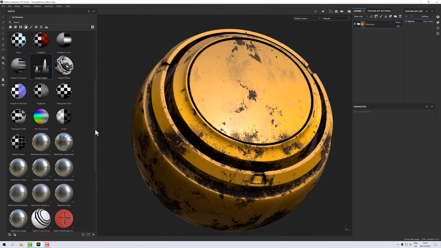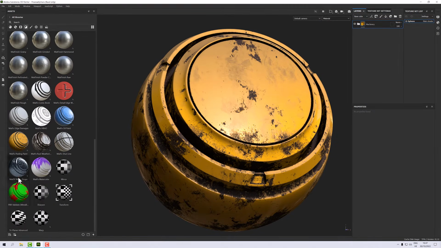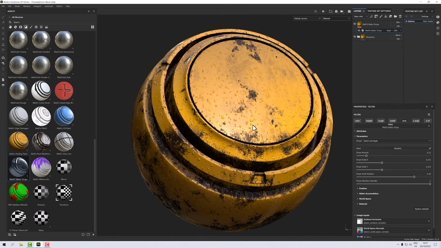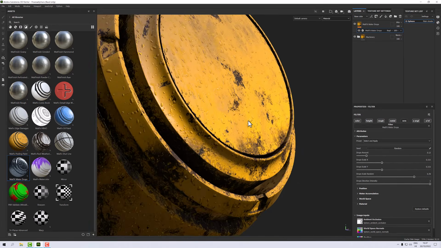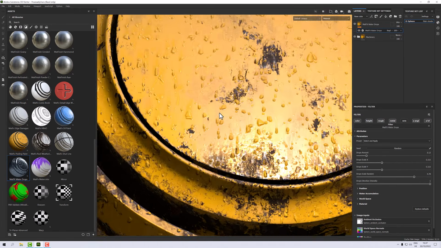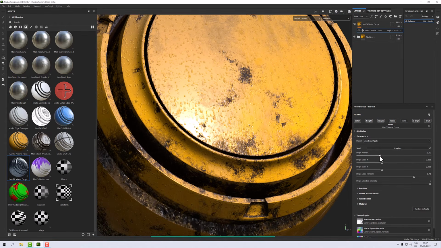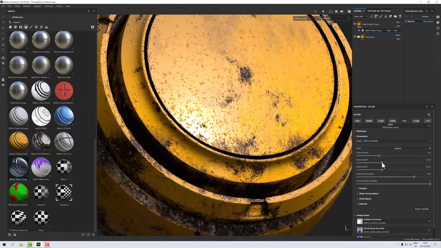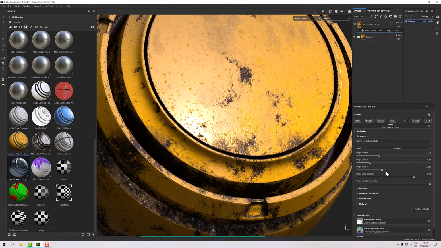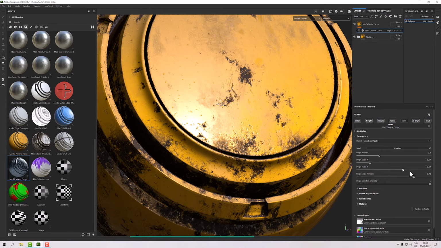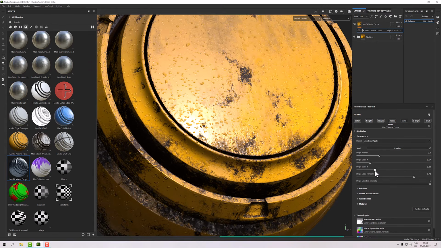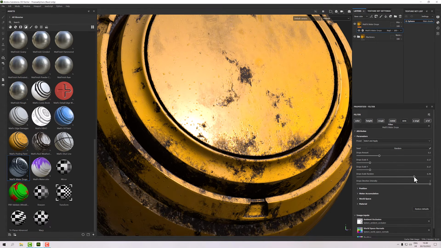Okay, so we have this water drops. If I drag and drop that above my metal here, it should spread lots of lovely water drops all over my model, which is terrific. We can adjust our drops amount, so we can increase that if we want to. We can adjust the scale of the drops, so we can make them larger or smaller depending upon how we want it. We can add some scaling variety to it,